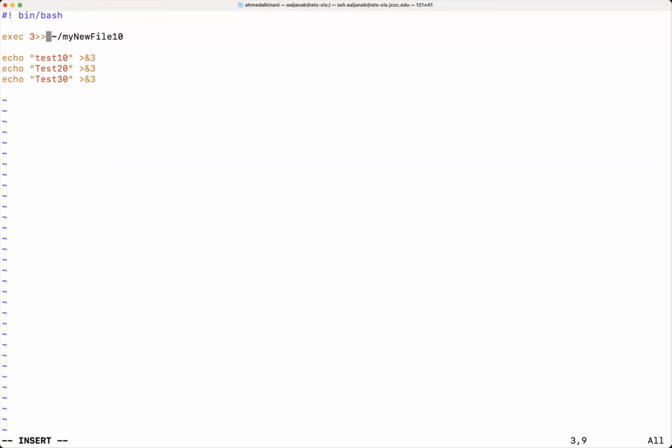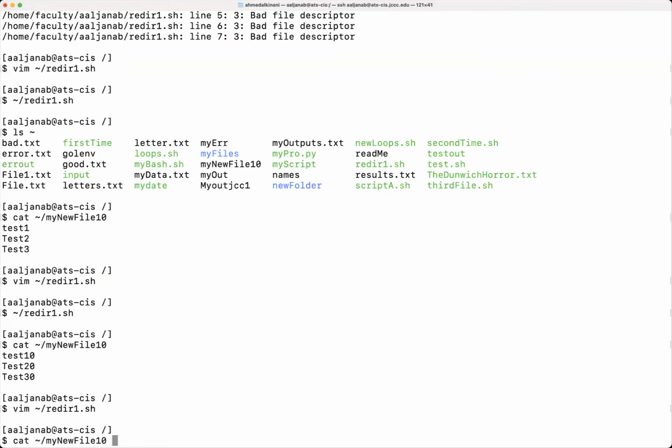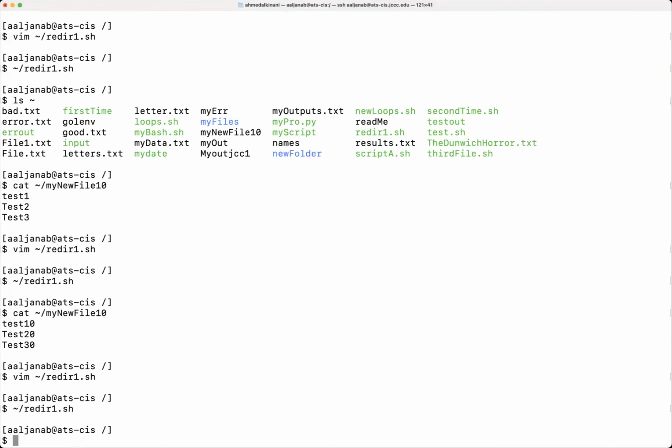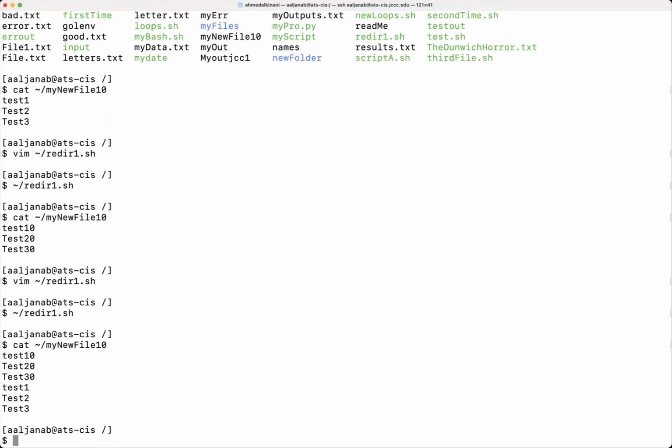So here it is. Let's go ahead, and now I'm going to take the 10 away, the 20 away, and keep it as 1, 2, 3. Now remember, the content of the file itself was 10, test 20, test 30. Now after this, let's try to run it. And let's go back to the file itself, and you would notice how it was just added to it.